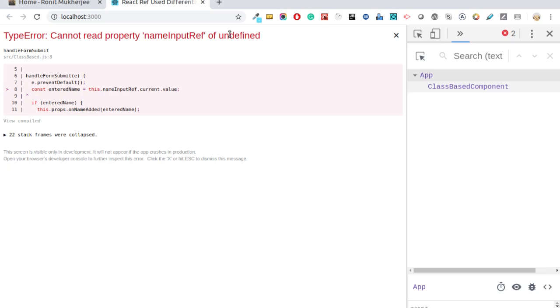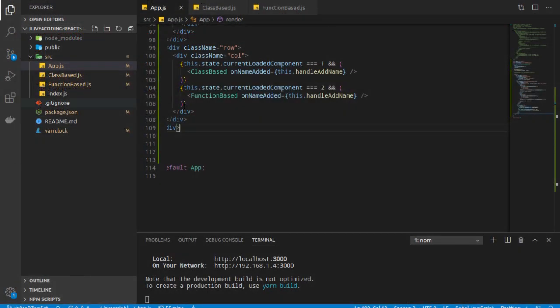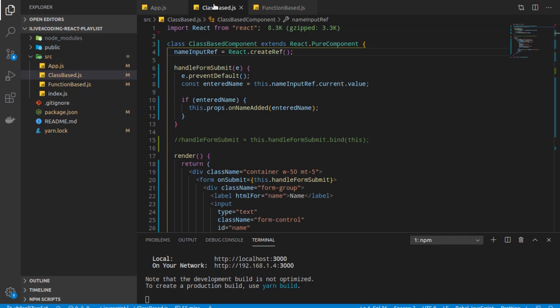Now what's the problem? As I mentioned, there is a problem with this. So now this particular problem resides within our class based component. Now let us quickly go there, and then we will see the same logic being implemented when we pass a function from our parent to child. So come to the code and go to the class based. Okay, so what we see here, this is the function. Now let us understand what's the problem. Within this function, it's saying name input ref of undefined, meaning this particular this is not defined.